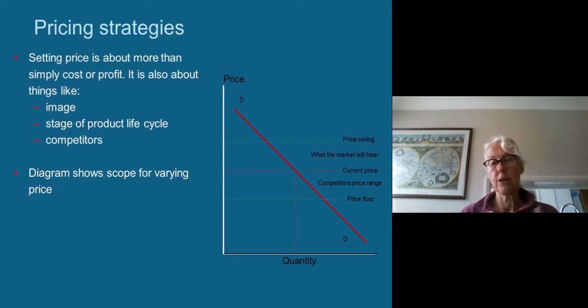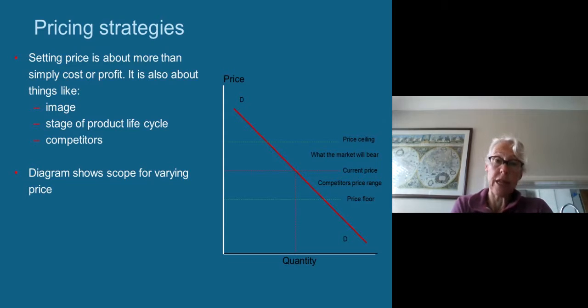But obviously you can make pricing decisions and you can move that price higher or you can drop that price lower. But at some point you can see I've put a line across which might indicate a price ceiling. That's the point at which I've said what the market will bear. Beyond that you will see a drop off in the number of people, say, purchasing tickets for an event. And similarly, you've got a price floor, and you might not want to drop below a certain point because it might send out the wrong signals about your event.